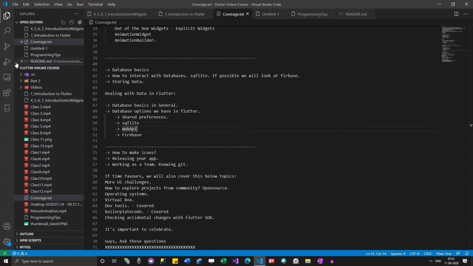Resources in the sense of what websites you can go to, where you can learn further. In order to learn in depth, you need to understand those resources as well.